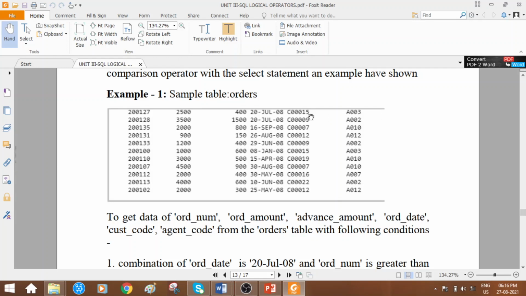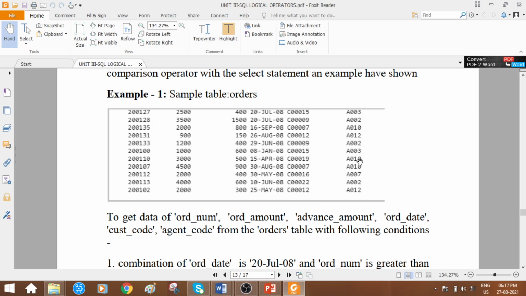So here customer code and agent code both act as foreign keys in which table? Order table. In the order table you are finding the order number, which is considered the primary key. If you observe, you are not finding repeated order numbers, right? Whereas here, customer code 15, customer code 15, the customer can place any number of orders, right?